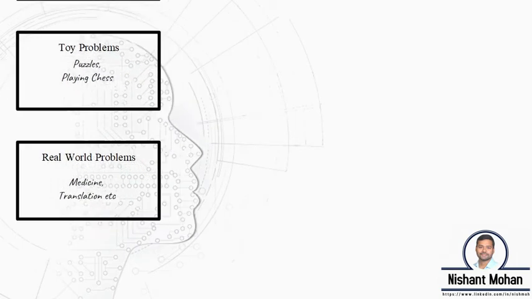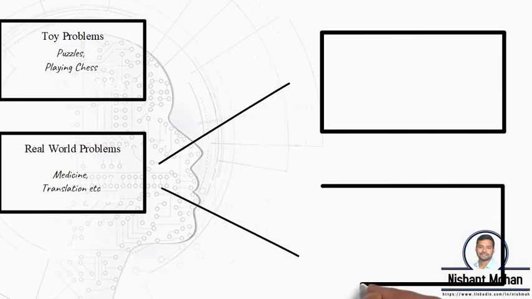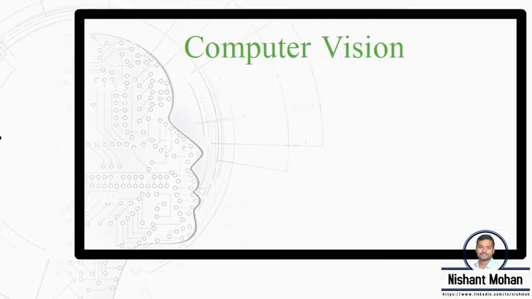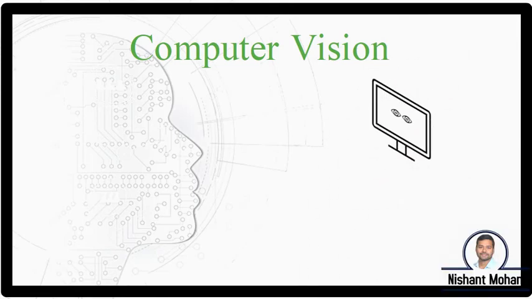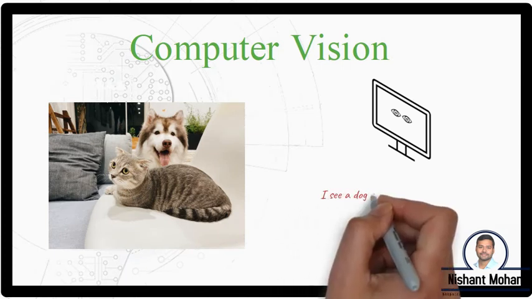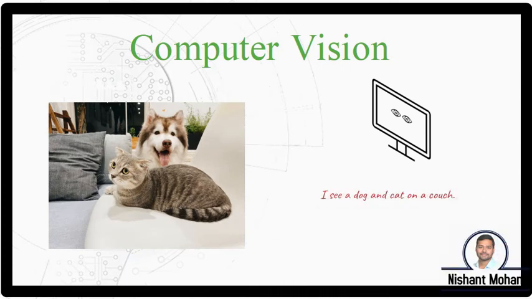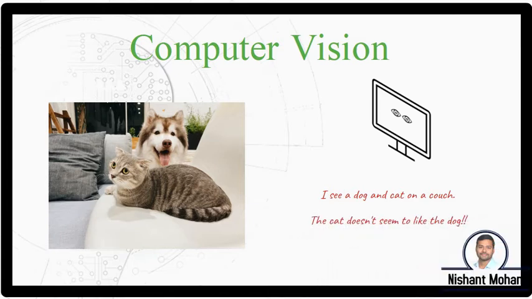Two main, although not exhaustive, categories of real-world problems that have been central to AI research are computer vision and natural language processing. Computer vision entails giving machines the ability to see and understand visual cues like humans. This includes detecting the presence of objects, their locations, and relationships to each other. These surprisingly simple tasks for humans can be quite challenging for computers.